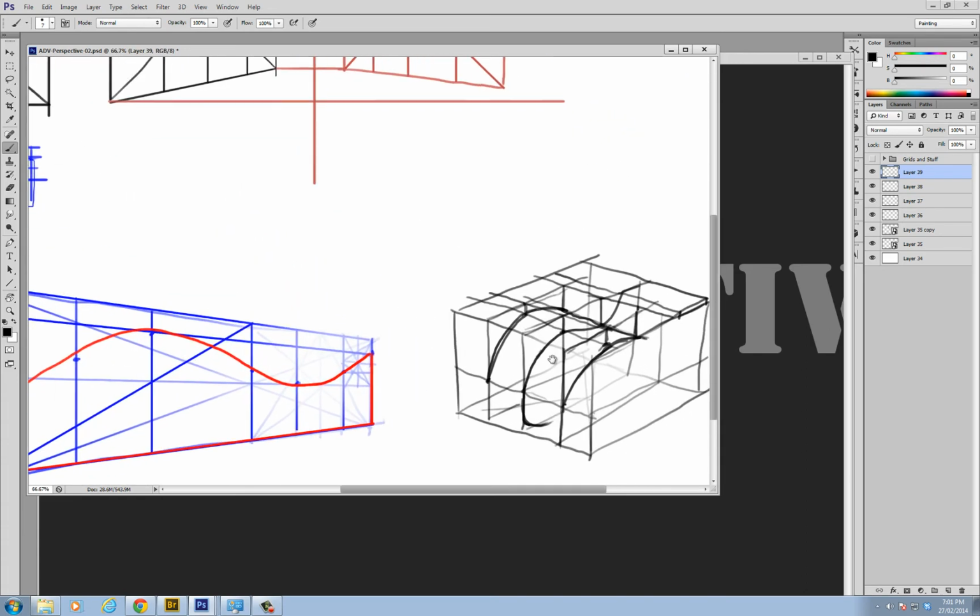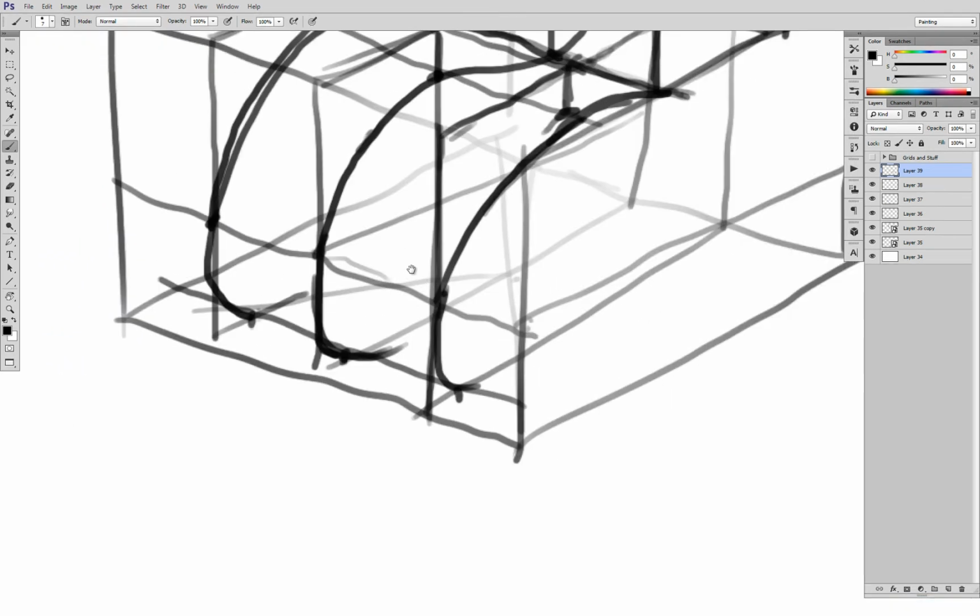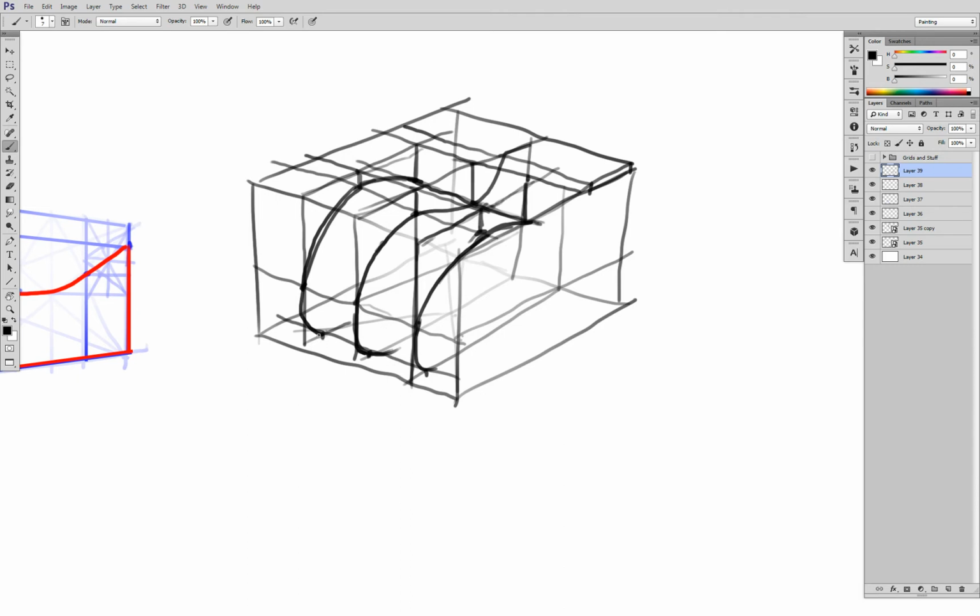So again, the more that you can, let's try one here, see if I can get a feeling for it, so it's going to be like this, it's going to be quite close to the ground. So again, I'm guessing a lot, and this is quite a small drawing, but I think it's important to understand that the solidity that comes from doing these kinds of drawings is not necessarily something that is,